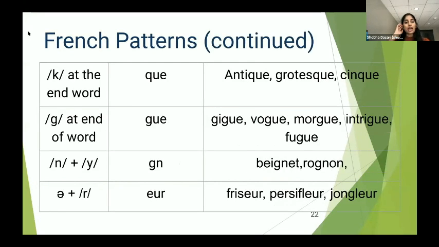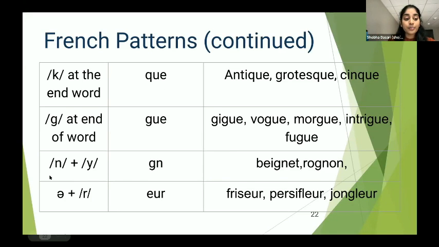Okay, more French patterns. There's a lot of these. The K sound in French, especially when it's at the end of a word, is spelled with the QUE. So antique, grotesque, cinq are all French words that have that K sound spelled with the QUE. Same thing with the G sound at the end of a word. So gigue, vogue, morgue, intrigue, fugue, all have the G sound at the end of a word,